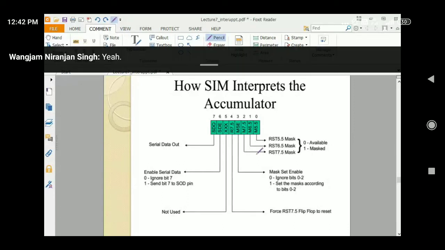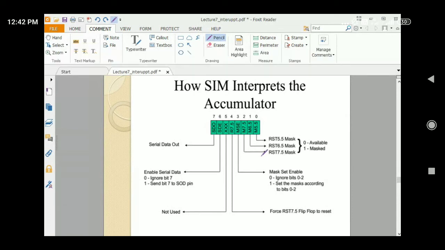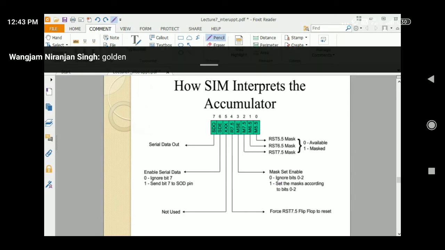Hello, Govind Kumar Rajat. Do you know or not? Are you there? Govind, please respond to the question.